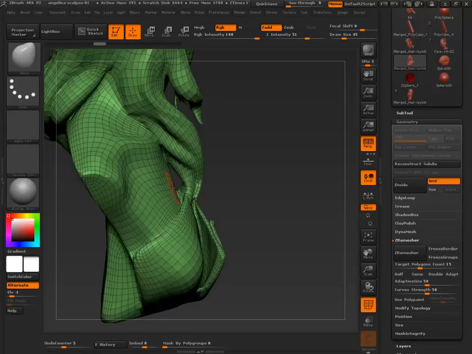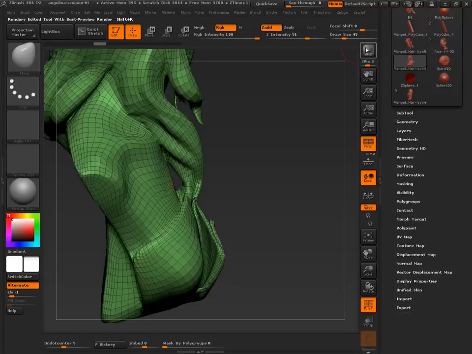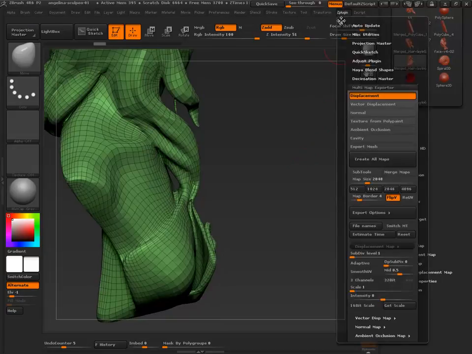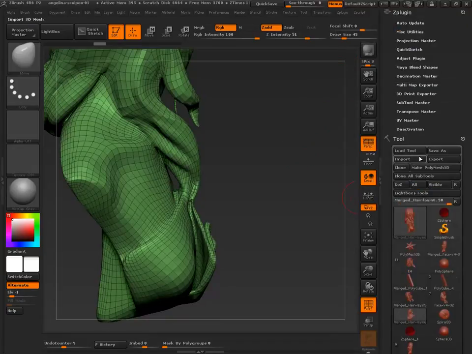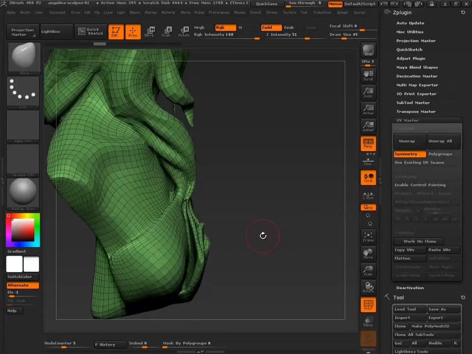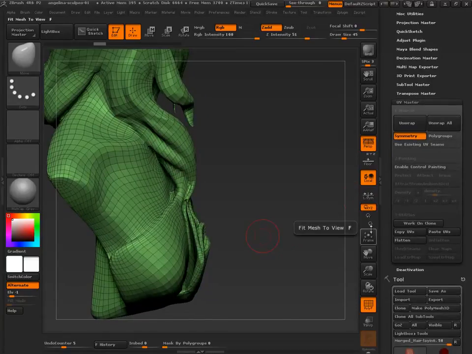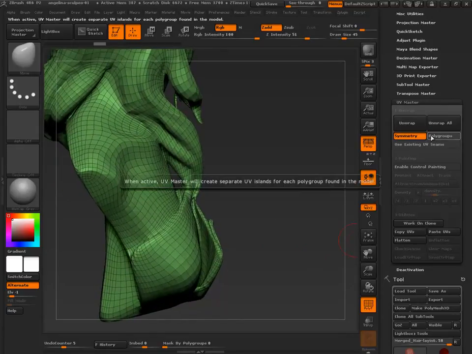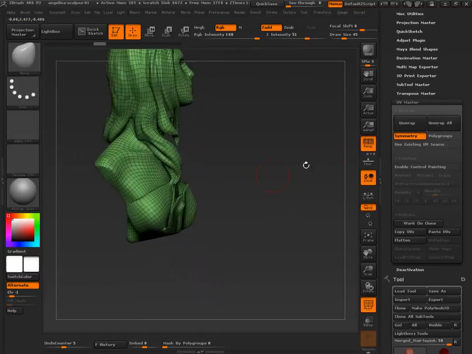Preacher's saying you can fill the holes. Sure, you can, but that gets around what we're trying to do. If we're exporting it to another app, we have to worry about these things. Then let's just look at a few of the UV Master tools that allow us to control this and let you think through what your variables are. One of them is polygroups. If you need a break, you need to use polygroups. So let's unwrap this.